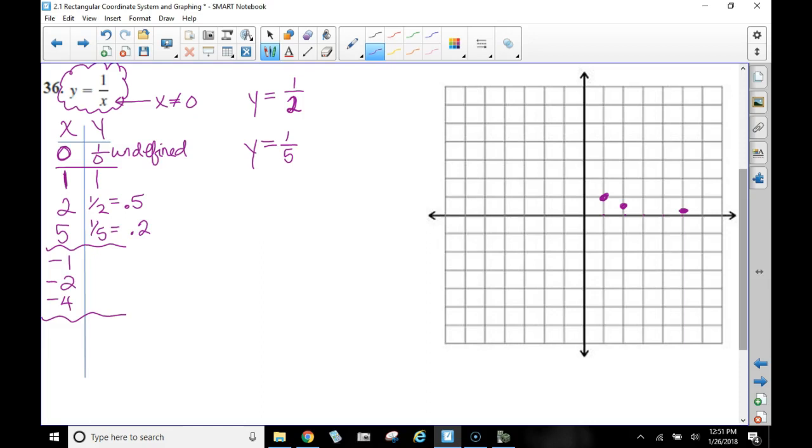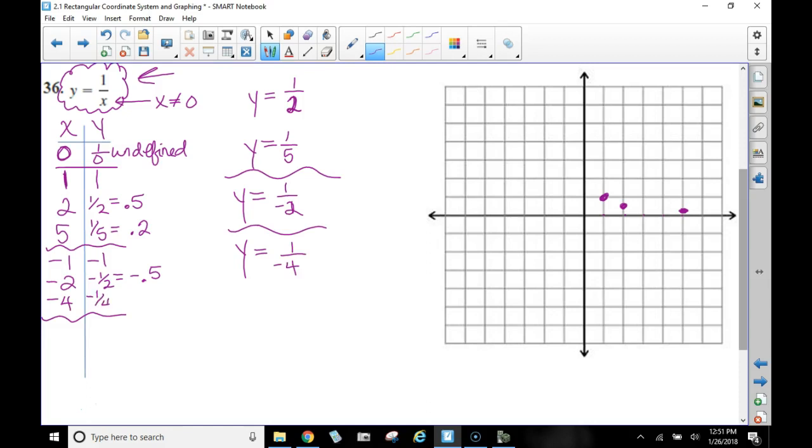I don't know what's going on in this graph yet. We need a lot more points. Let's see what happens when x is -1. y is 1/-1, which is -1. When x is -2, I'm changing x to be -2, y is -1/2, or -0.5 if you prefer the decimal equivalent. Let's see, when x was -4, my rule above says y is equal to 1/-4,